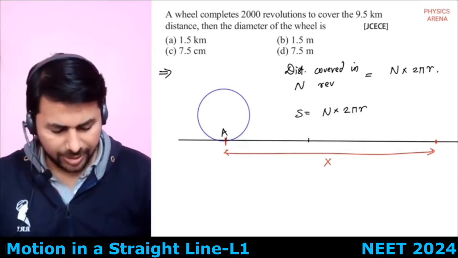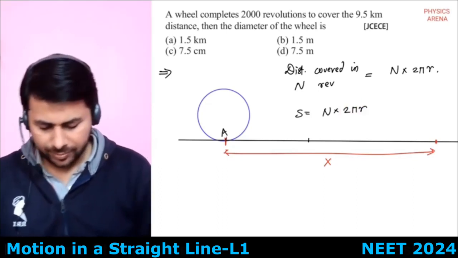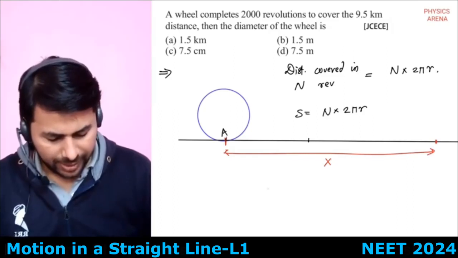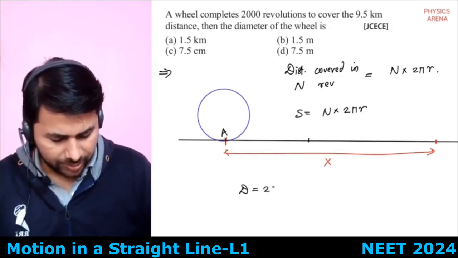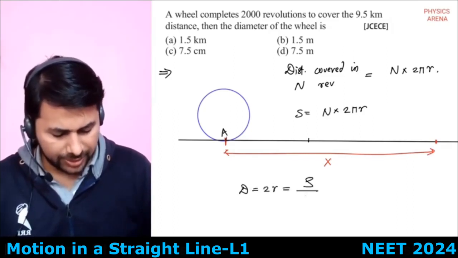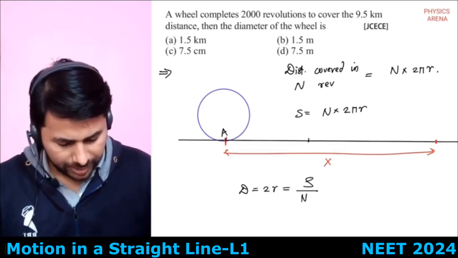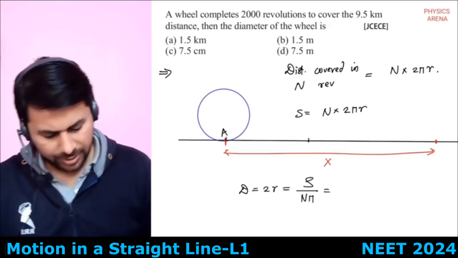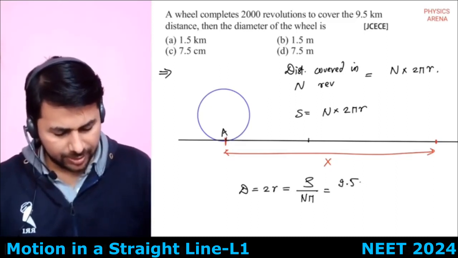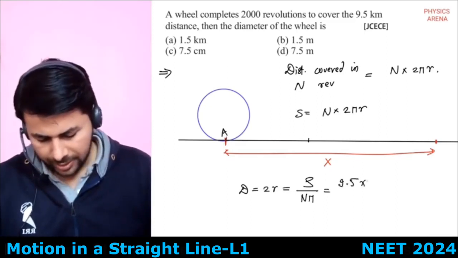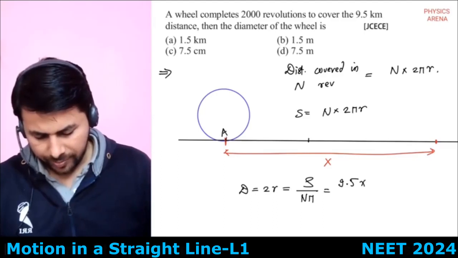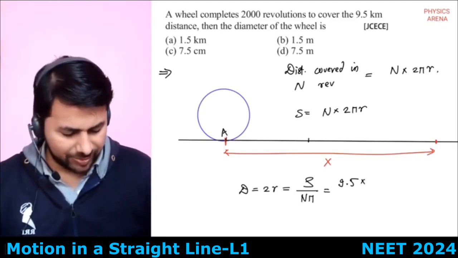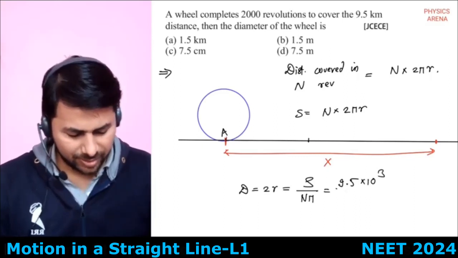And I want to find out diameter, that is 2r. So I will take n and pi on other side. So diameter, which is equal to 2r, will be equal to what? Distance covered divided by n pi. Okay, so distance covered is 9.5 kilometers. Answers are in, okay, some of them are in meters, some one is in kilometer. Let's convert this to in meters. Okay,